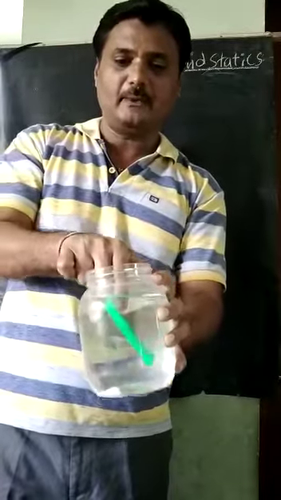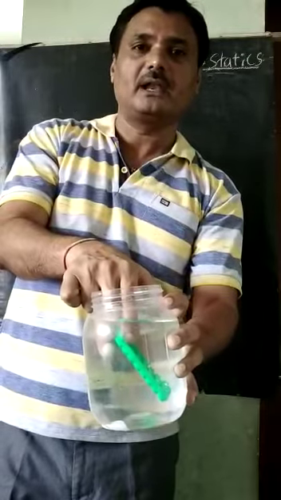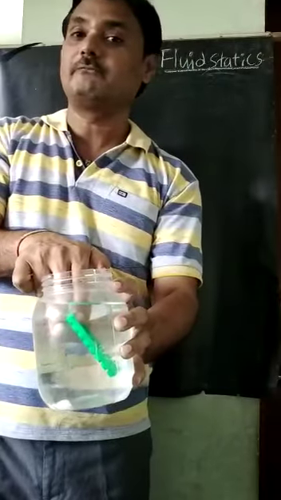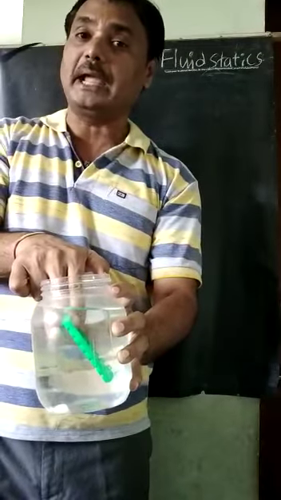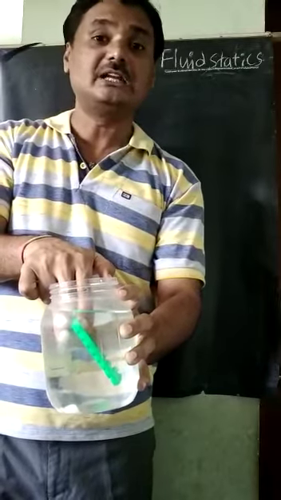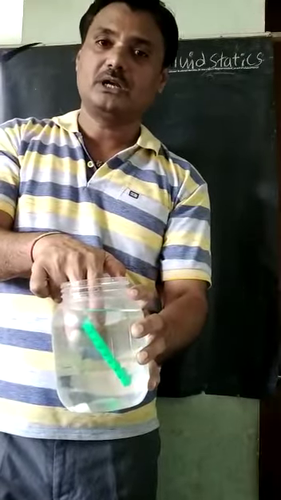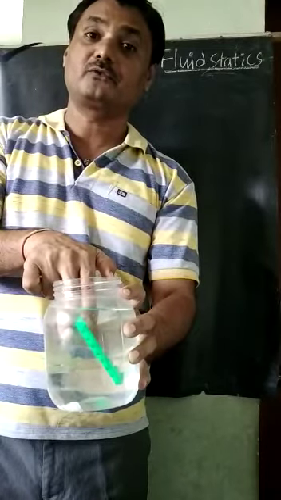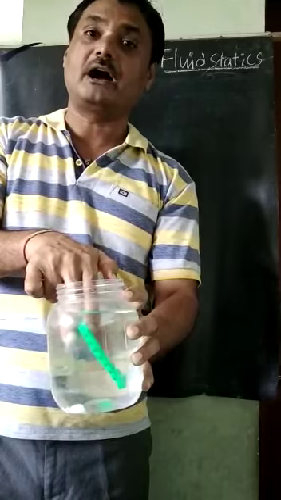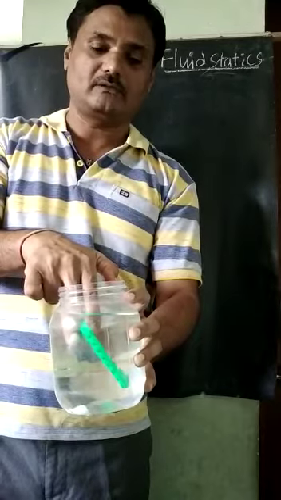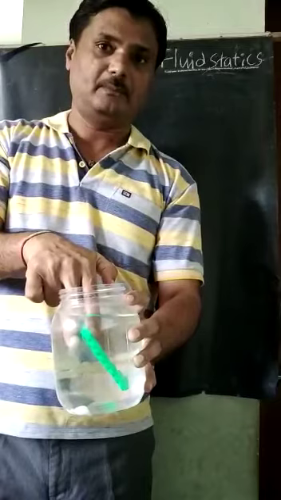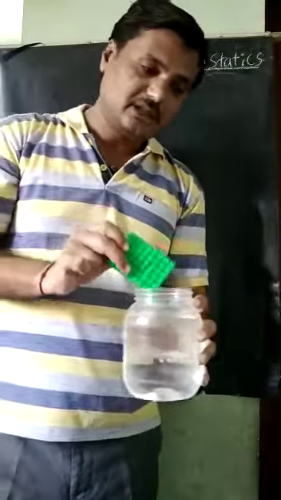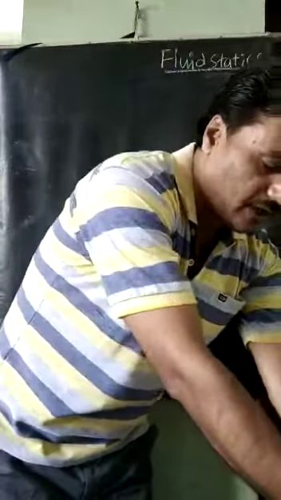When it is making some angle with the free surface like this, is there any difference in the formulation? Because it is making some angle theta with the free surface, how will the distance h star, the distance from the free surface to the center of pressure, be affected when the body or surface is inclined at some angle theta with the free surface? So these are the three cases we are studying now.